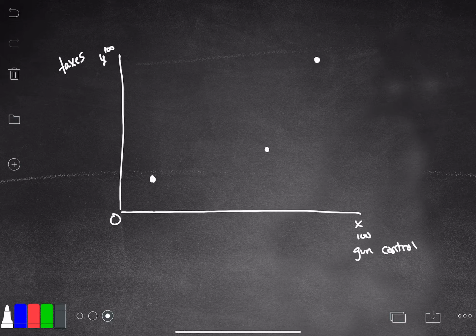Okay. So we've got these 3 different people represented by these 3 different dots. And these 3 different dots represent their ideal policy positions, where they would set policy on these 2 issues if they got to be ruler for a day. And so now the question becomes, what's going to be the outcome, right? What would be the actual outcome of this position here? And actually, I am